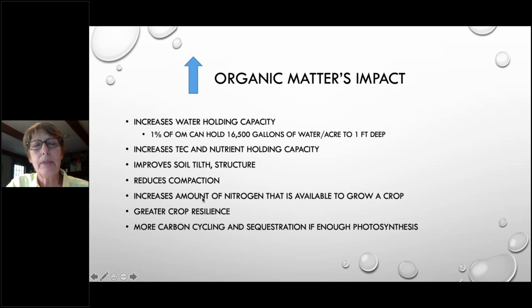As you go up in percentage of nitrogen too, your soil will give you an amount of nitrogen in the spring that comes from Mother Nature. So let's just say my organic matter is 6%, and I have irrigation. So I usually use about 15 pounds per acre per percentage point of organic matter. So 6% times 15 is about 90 pounds per acre of nitrogen that Mother Nature gives me automatically in the spring because of